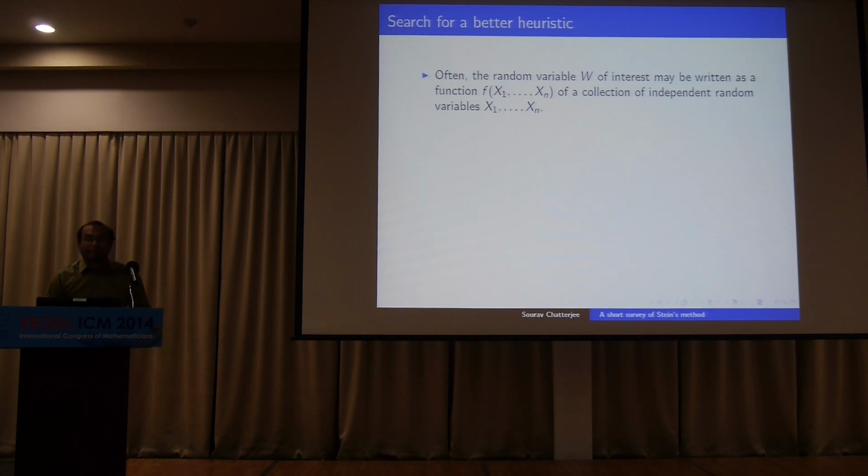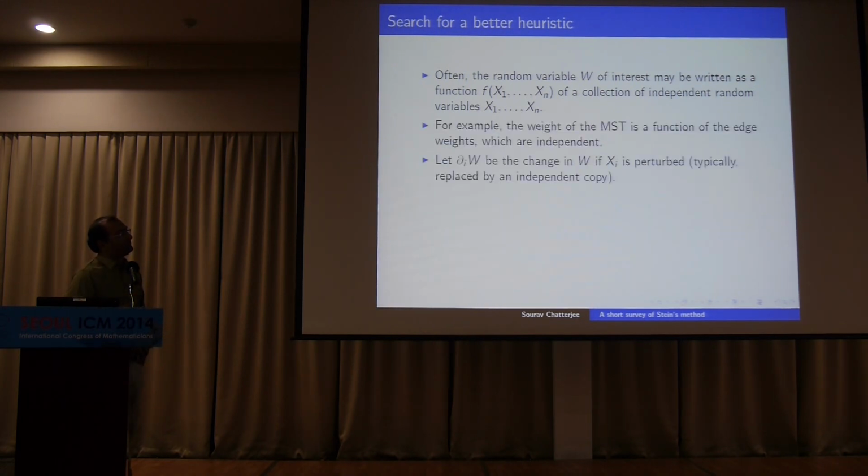So here I'll outline a heuristic. Well, it's actually a theorem, but we still call it a heuristic. It's an idea as to how you can prove that such complicated random variables have central limit behavior without geometrically breaking up into smaller parts. Okay. So suppose a random variable is a function of independent random variables. So in the case of the minimal spanning tree, we saw it's a function of independent random variables. The edge weights are independent. So the total edge weight of the minimal spanning tree is a complicated function, but it is a function of the random variables.